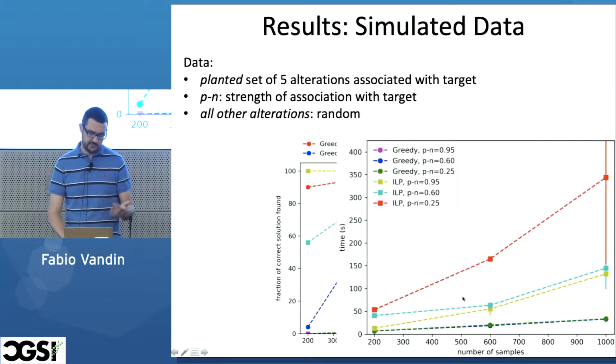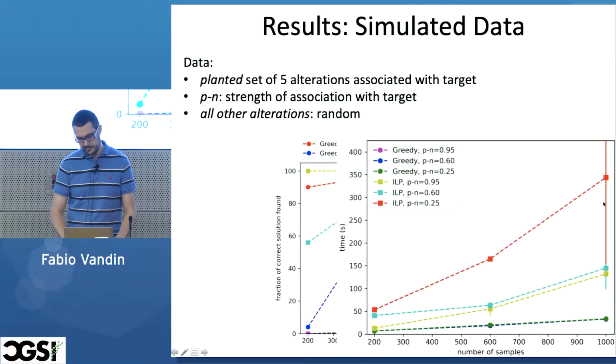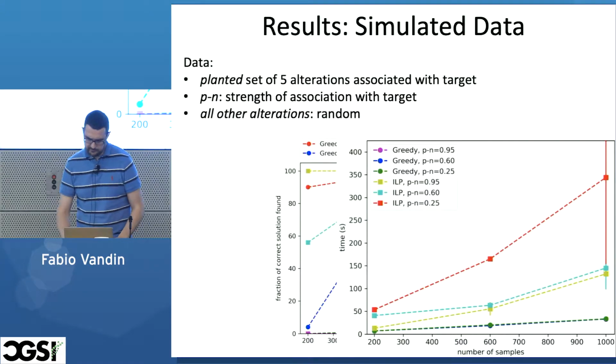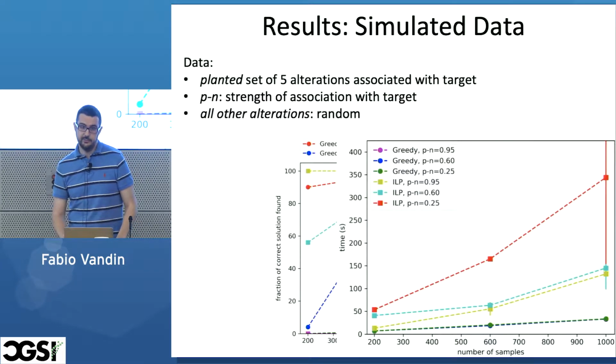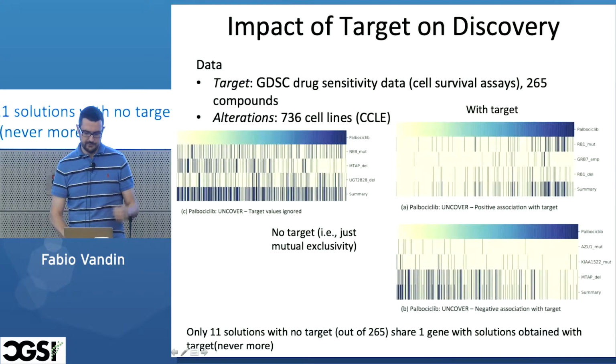And what we have is that the greedy algorithm is very efficient. It takes only, let's say, a few seconds to run, even for 1,000 samples. The ILP is not as fast, but it's still fast enough that we can actually use it for large-scale studies. Okay, then we look at real data, and in particular we looked at drug sensitivity data given by